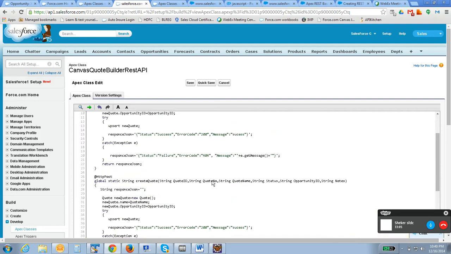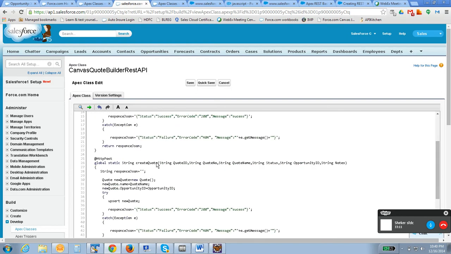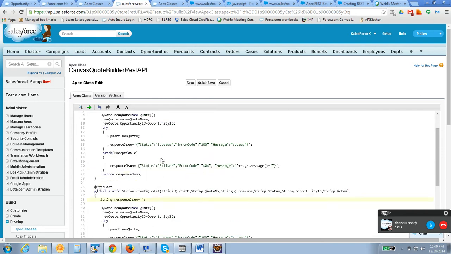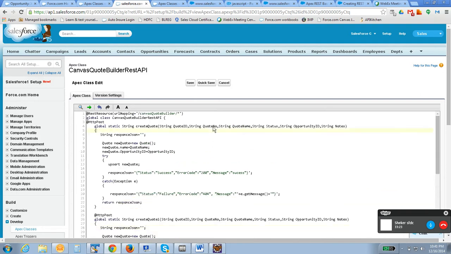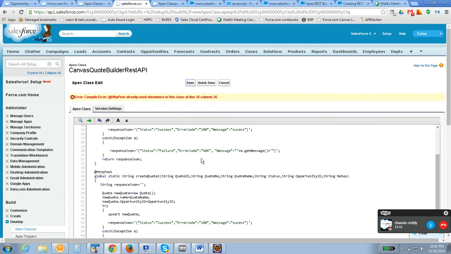Let's say here I am having these many parameters, right? So this also I am having these many parameters. Let's say I am mentioning it as create code one. So based on parameters, how will it call? Because let's say I'm having the same parameters. Let's say we are having three parameters here, and here also we are having three parameters. So in that case, do we need to call the method name as well? Can we do that? Yes, exactly.